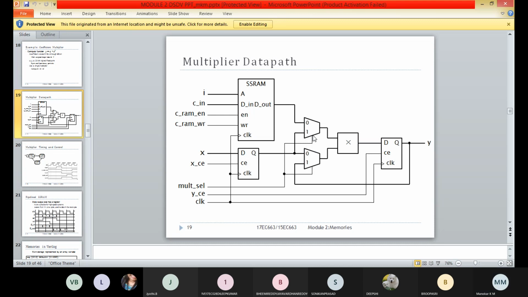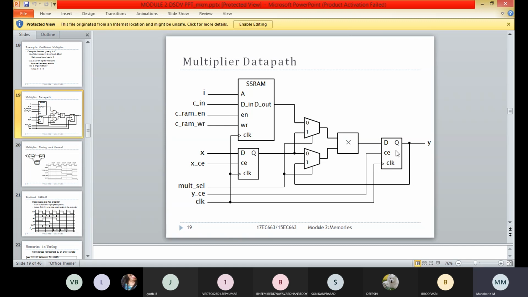Here we can observe there is a connection from the second input of this multiplexer to the output of this register, which is storing the X value.